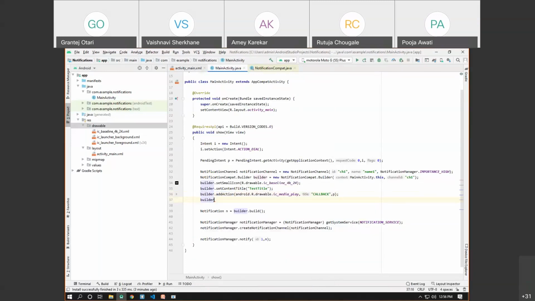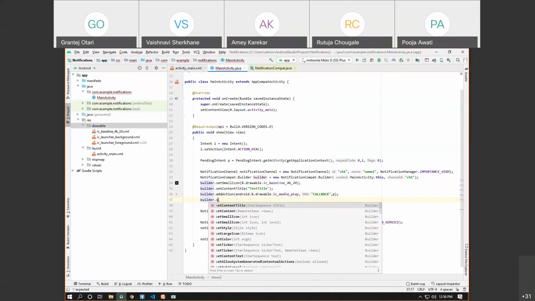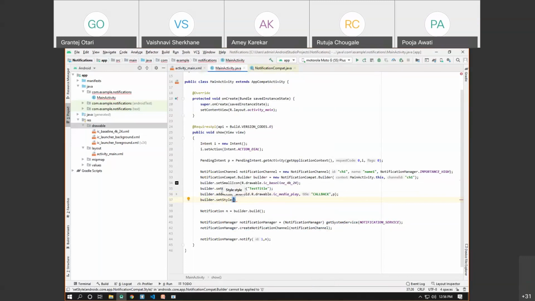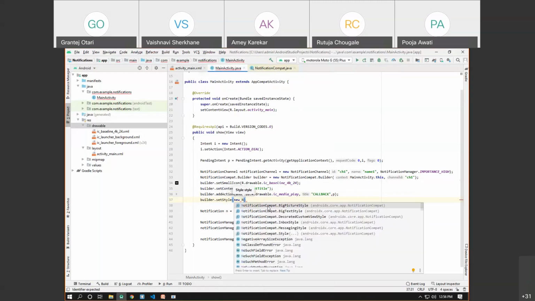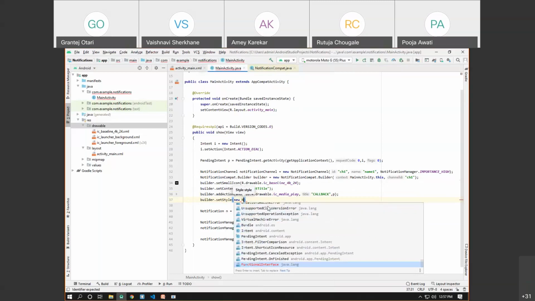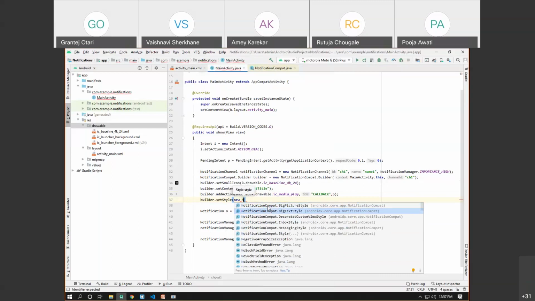So I can say builder dot, and we need to call the method setStyle. As you can see, the setStyle method requires one parameter of style, so I need to create the object. I can say new Notification dot, and here you can have the different styles. I'll use BigTextStyle.